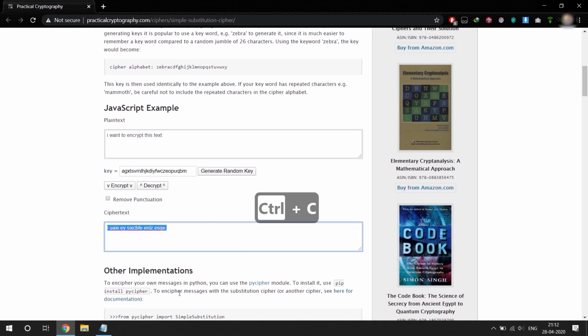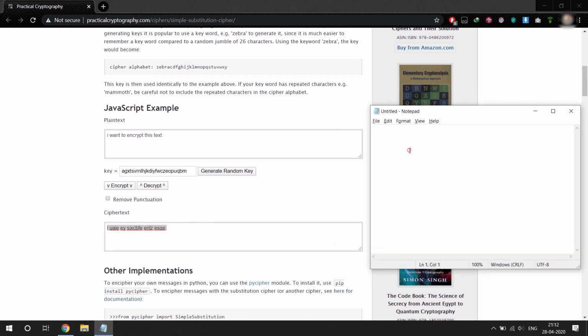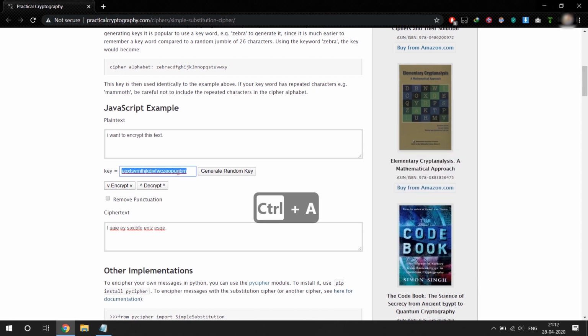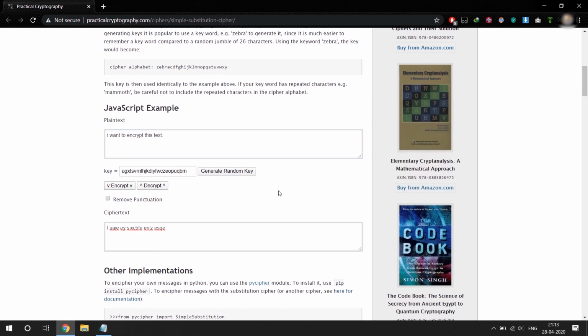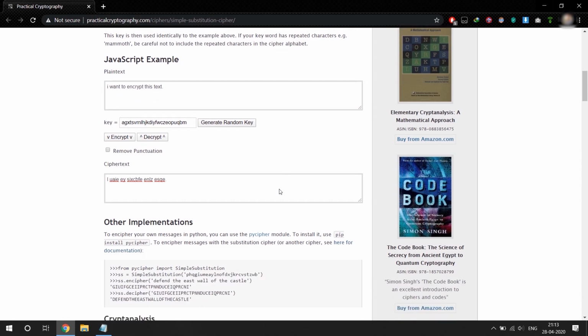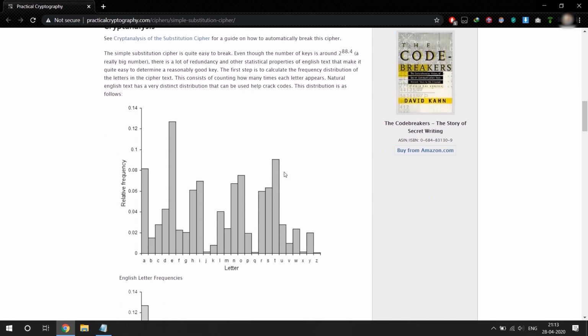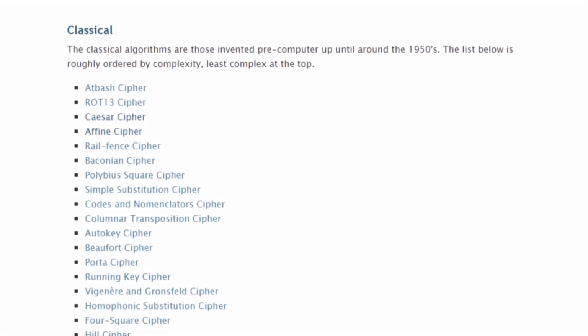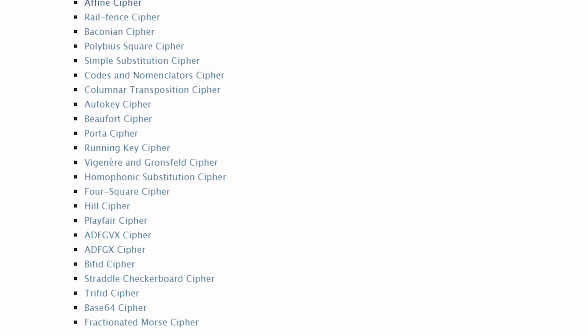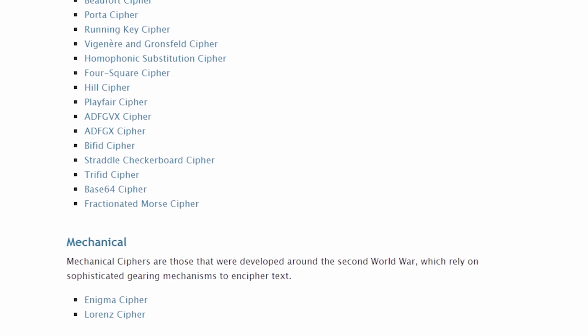Now the only thing left to do is to copy your cipher text and save it somewhere, and don't forget to either copy the key somewhere safe or remember it by heart because it's the only way to get your original text back. Now go ahead and save any important file you have that you don't want others to read. You don't need to worry about anyone reading your document or notes as long as the key is in safe hands. If you explore this website, then you will find more encryption tools which are tough to crack, but for a normal user, I think a simple substitution cipher is good to go.